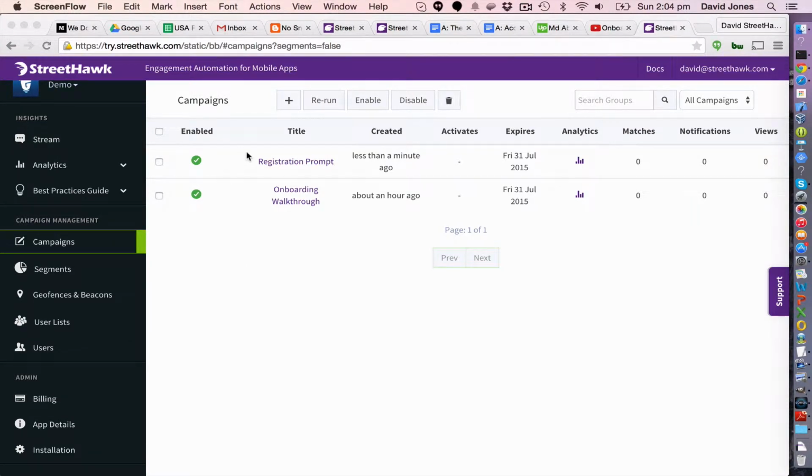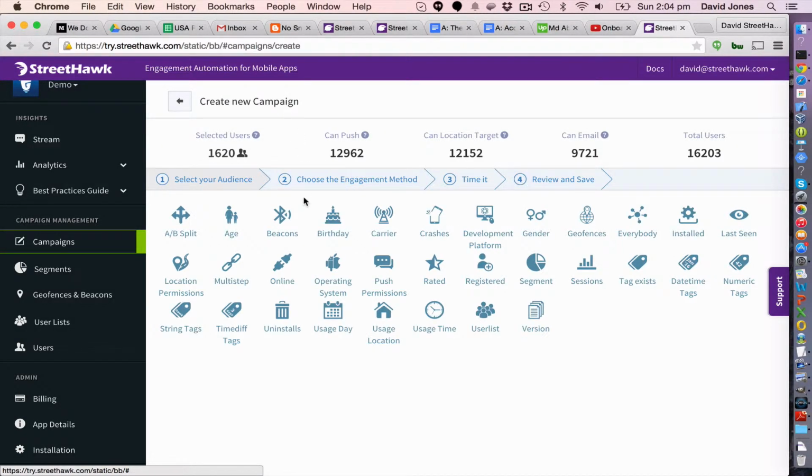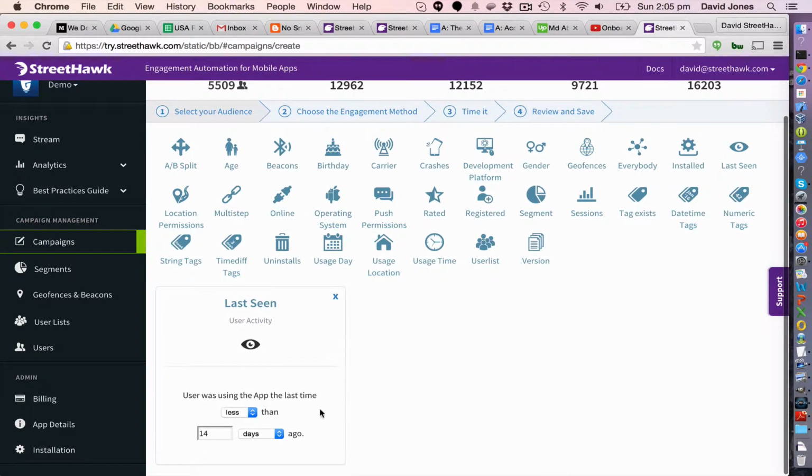Right, so you've got users in your app and you've got registration prompts. Now what you've got to do is try and re-engage users who've lost interest in your app. So the way to think about that is to see who's actually not active in the application. Users are always going to churn and burn, but what you want to do is see if you can re-engage